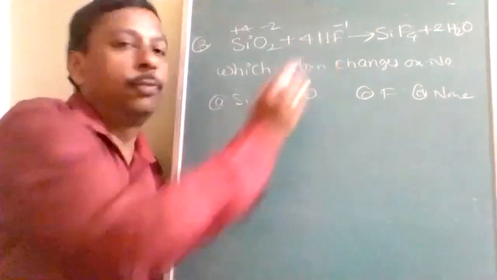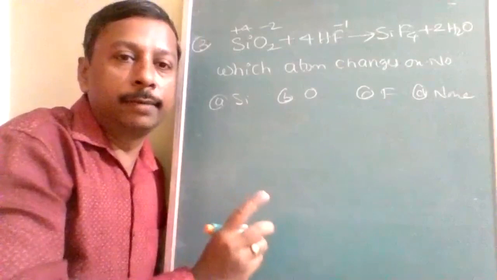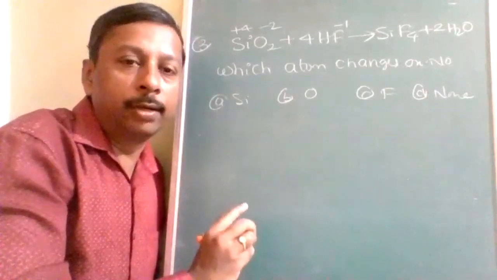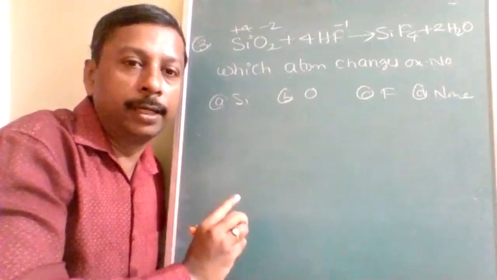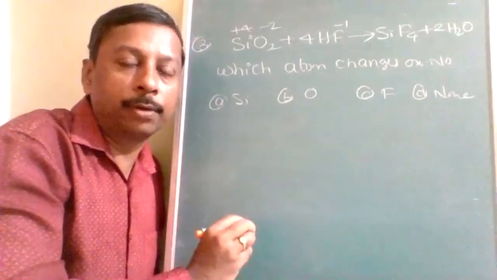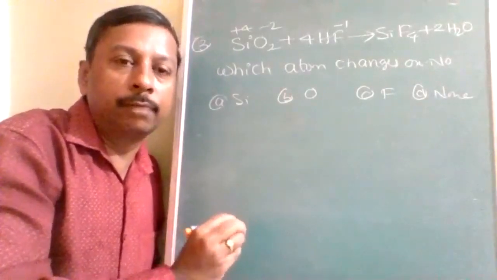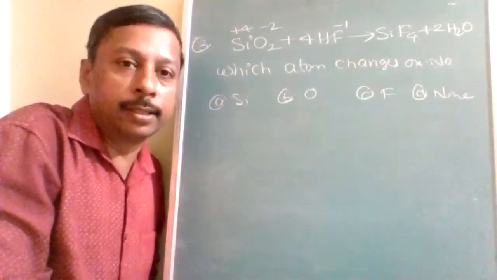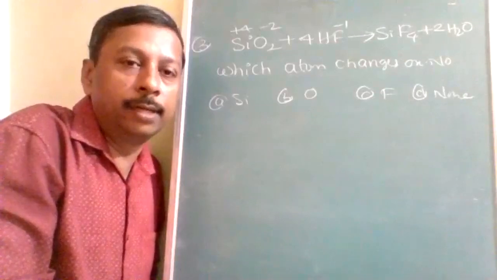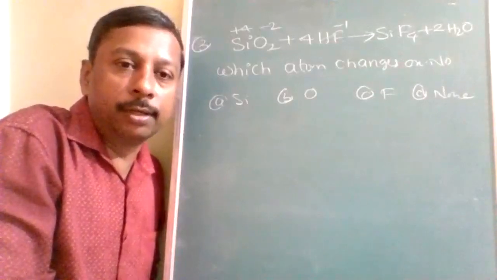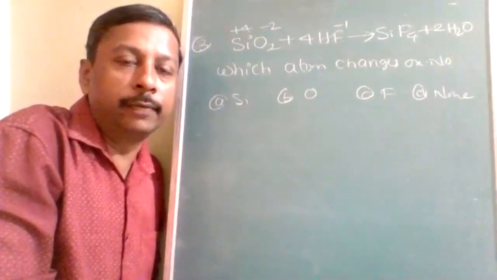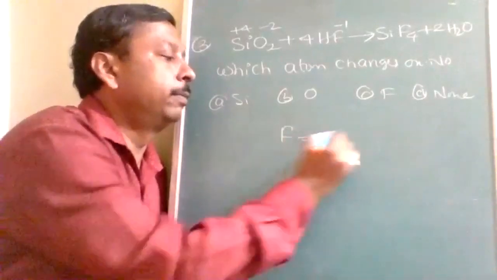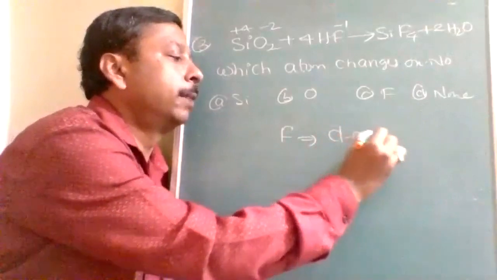Okay. So fluorine can exhibit only -1 and 0, but other halogens can exhibit a wide variety of oxidation numbers from -1 to +7. If the question is why fluorine cannot exhibit a positive oxidation state, the answer reasoning will be different. Why fluorine cannot form more than one bond? Reasoning will be different.